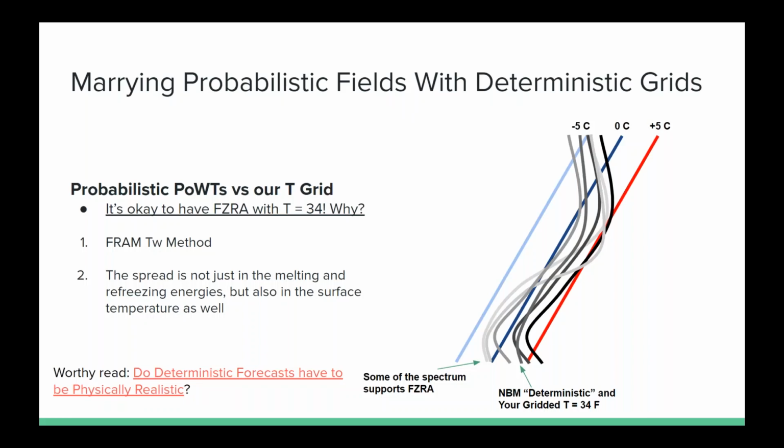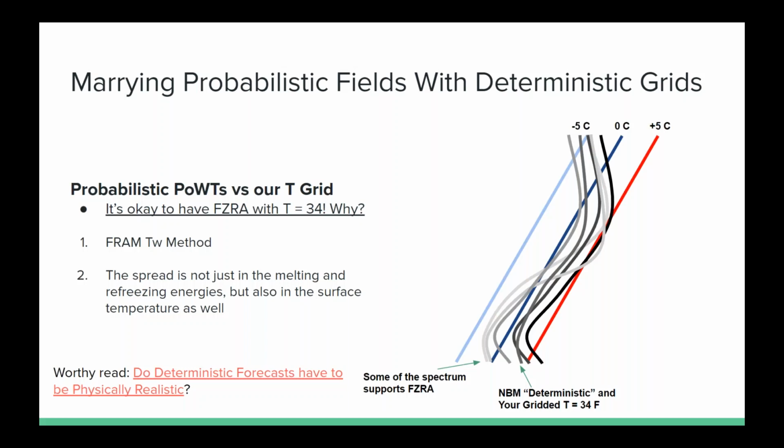So the other challenge here with the NBM is that it's now a probabilistic data set for the precipitation type. Meanwhile, our hourly temperatures, for example, are deterministic. So what you can end up with is freezing rain with a temperature of 34. Is that okay? Yes. There's actually two reasons. One, the FRAM: if you had a temperature of 34 and a dew point of, say, 28, the wet bulb will be below freezing, and the FRAM will give you ice and freezing rain out of that. But you also have a situation where there's uncertainty spread in how strong the warm nose is,